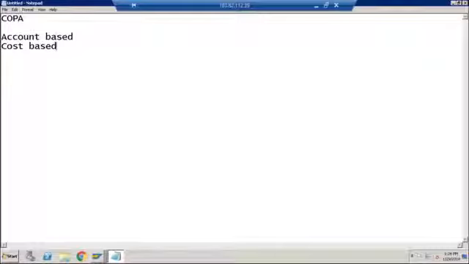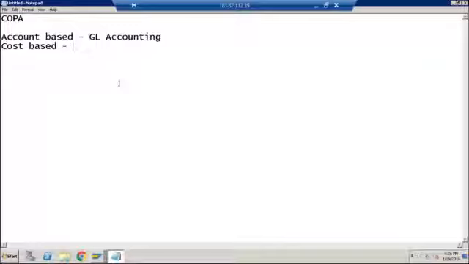Okay, so account based COPA is taking the values only from GL accounting. Whatever postings go to account based COPA, they will go from GL accounting, and the postings will only go when the accounting document is created. But the problem is if I want the data coming from other modules like sales, for planning, and even from controlling to understand the actual cost of that particular material, then I cannot go for account based COPA. I have to go for costing based COPA.